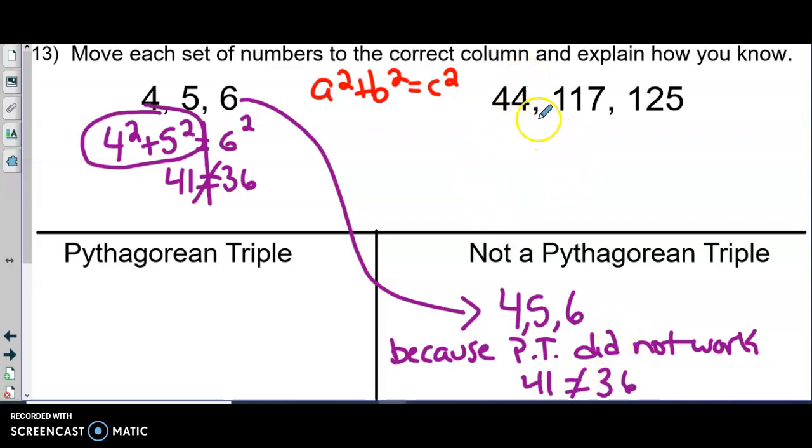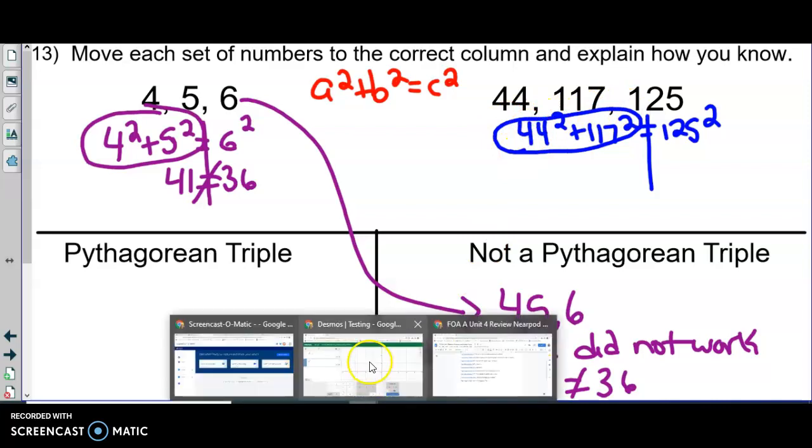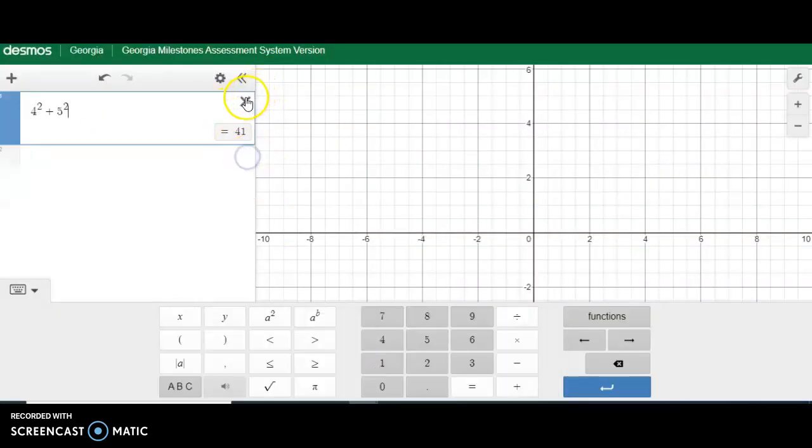Okay, let's check this one out over here. Let's plug them into the Pythagorean theorem least to greatest. 44 squared plus 117 squared equals 125 squared. I'm going to go ahead and type this side in my calculator. And remember, we talked about this. If you didn't watch one of the last videos, I was letting you know that you could type it all in one step. So let's see, 44 squared,